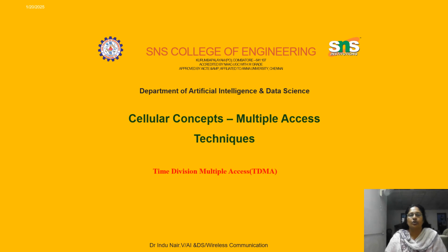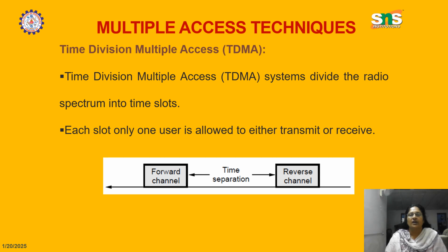Good morning. The topic for today is time division multiple access. In the previous section, we have seen frequency division multiple access, and we said that the 1G systems, which use analog signals, go for FDMA. So next is time division multiple access. Mostly the 2G systems, namely GSM, have digital signals, hence they go for time division